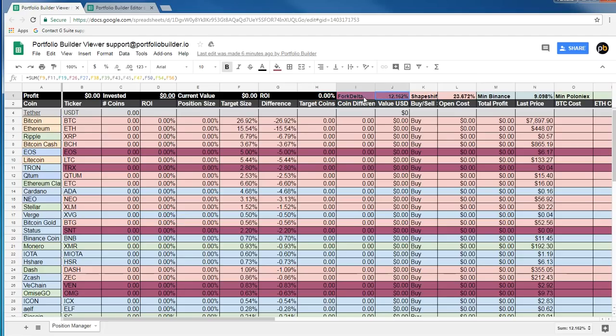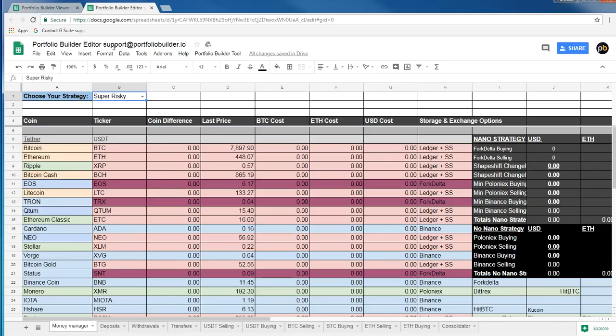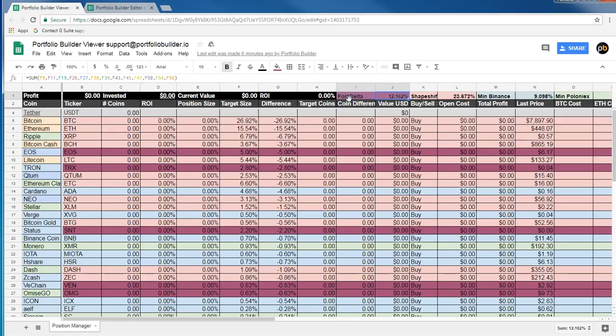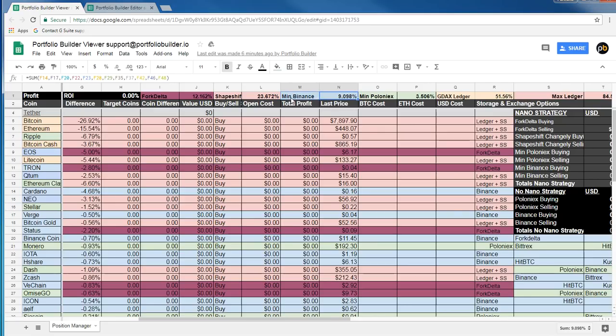This is telling us what percentage of our portfolio, based on your current settings, should be stored at Fork Delta, which we'll cover in a minute what that is, but that is the sub-tokens of the Ethereum blockchain. This tells us which coins we are trading in and out using Shapeshift. They're not stored at Shapeshift, but this is the amount of capital that we're using to trade in and out of Shapeshift. This is the amount of capital we are storing inside of Binance, which is primarily all the tiny, small positions where we